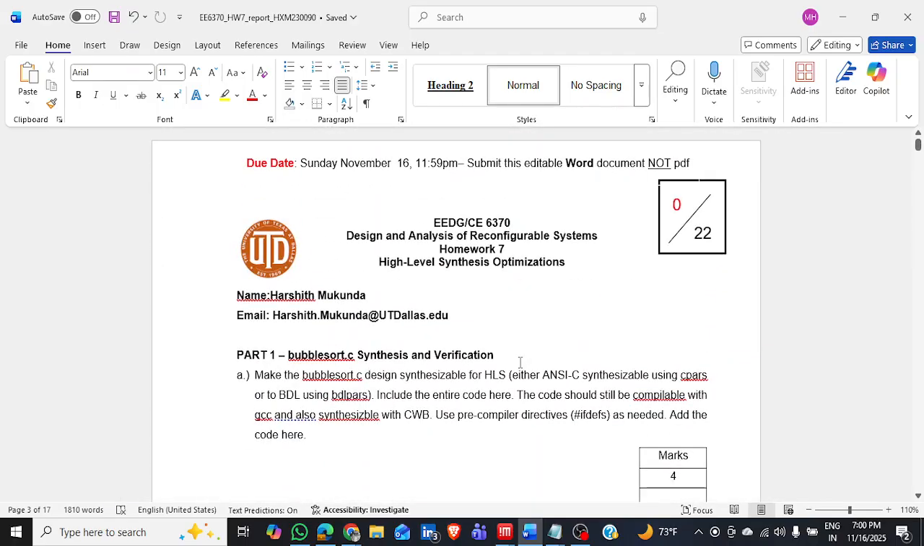Part 1 was all about taking a C code implementation of a bubble sort, converting it to a BDL style that CWB, the CyberWorkBench, can synthesize and verify. So I've done that, and then we proved our hardware worked by comparing its output to a golden software simulation. My final synthesized design had an area of 797 ALUTs and a latency of 16 cycles, which we can see